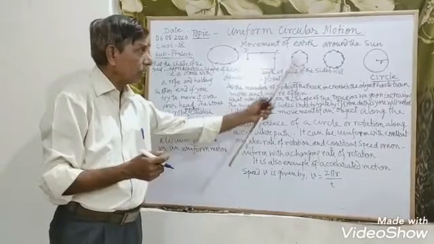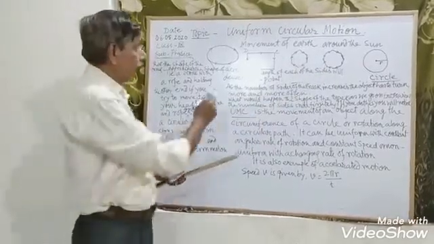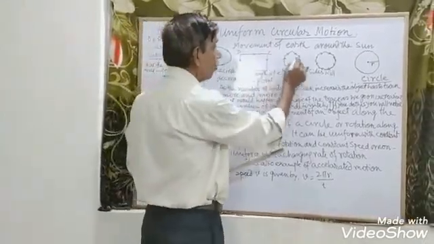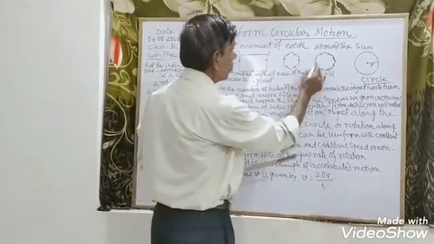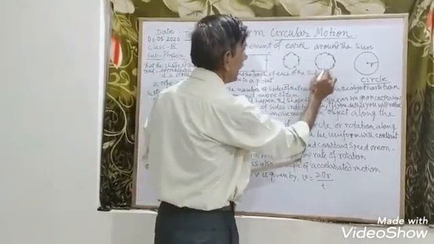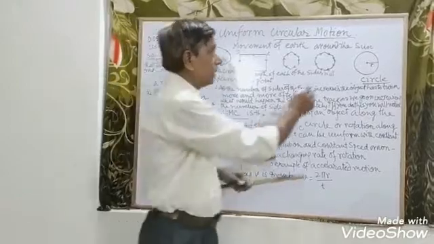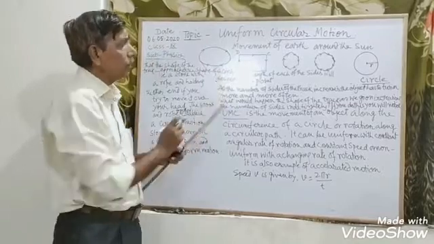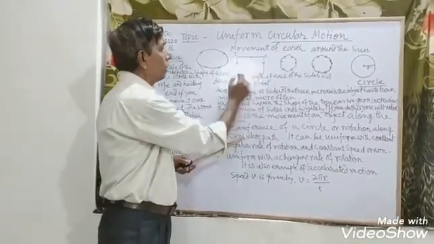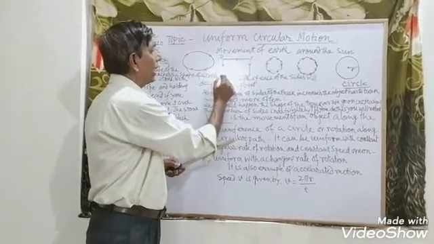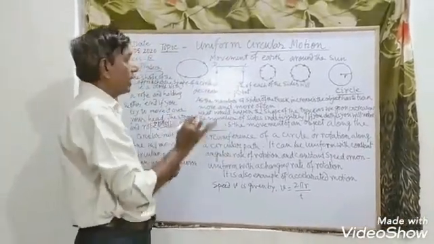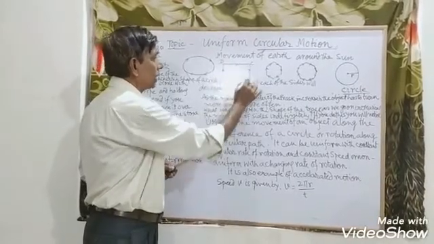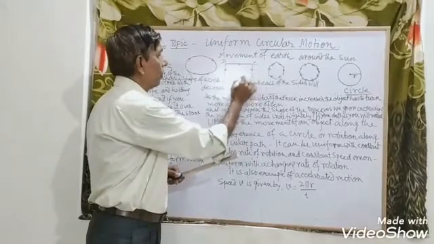Some geometrical shapes I have drawn here. It is the rectangle, the hexagon, the octagon with 1, 2, 3, 4, 5, 6, 7, 8 sides, and a circle. My dear students, if you start from a certain point, suppose from point A, suppose the athletes start to move around this rectangular path. What do you see?